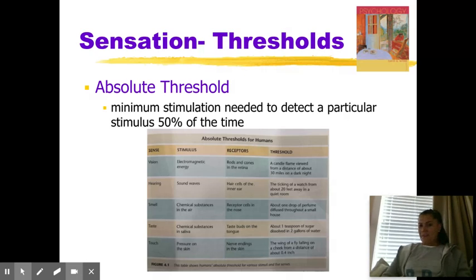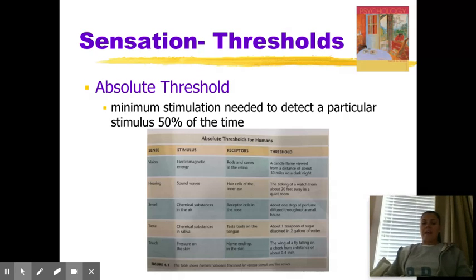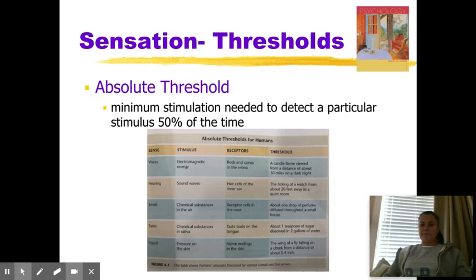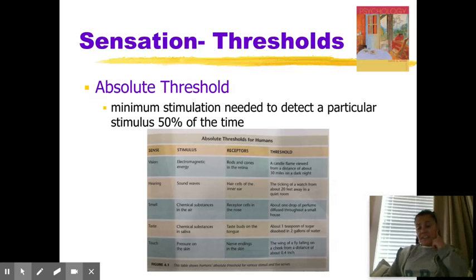Now, obviously, we haven't ever been able to do this experiment exactly in real time. We're able to make some calculations of the absolute threshold of human vision. We do those calculations by basically using ratios. Now, our hearing is not as acute as our seeing. Our hearing's absolute threshold is that we can hear the ticking of a watch from about 20 feet away. Okay, we're able to detect that sound 50% of the time when our hearing is typical,